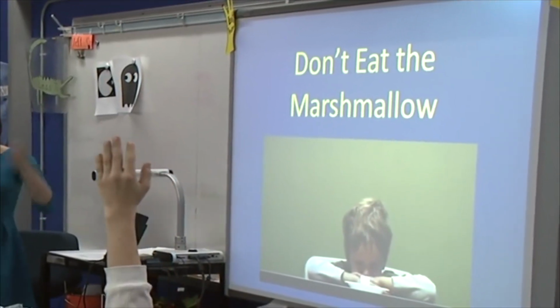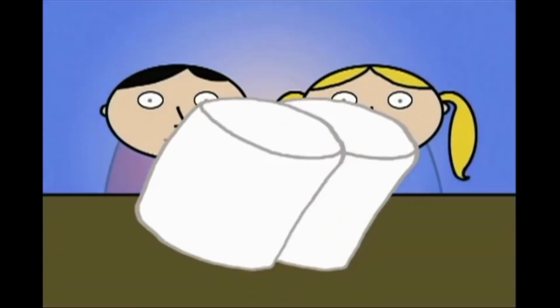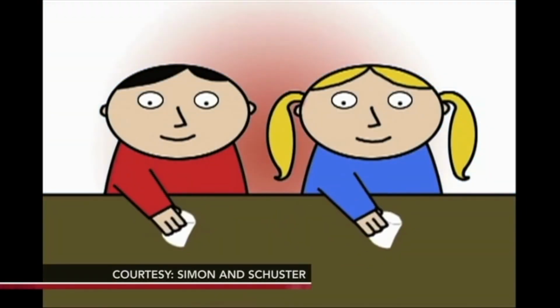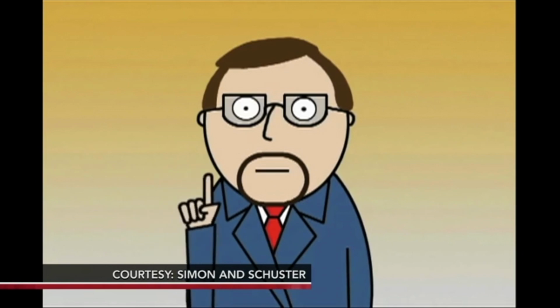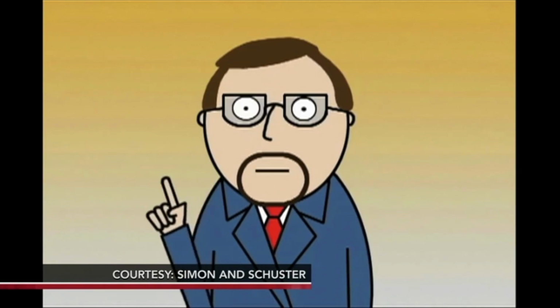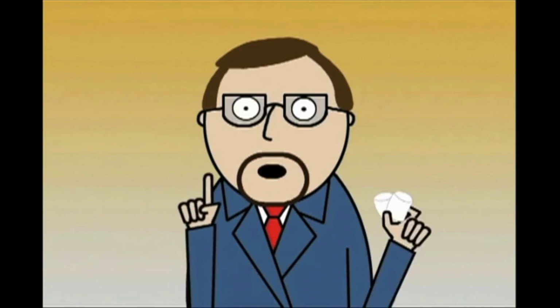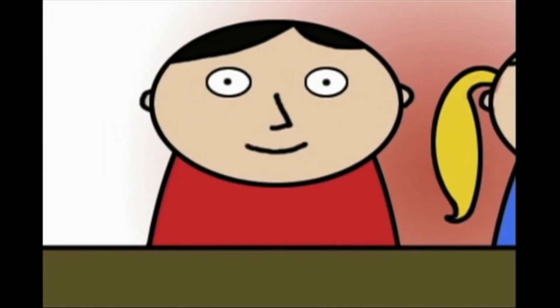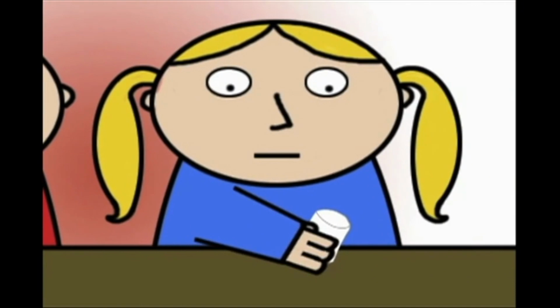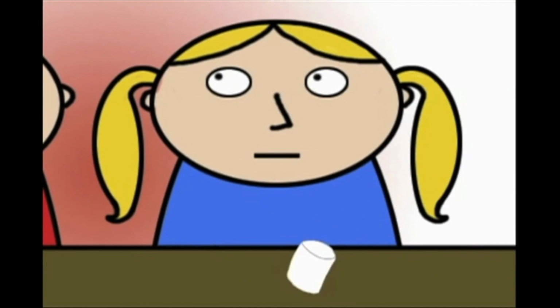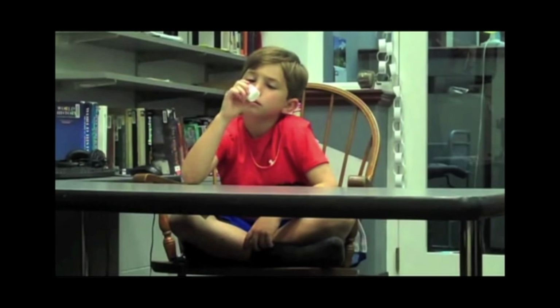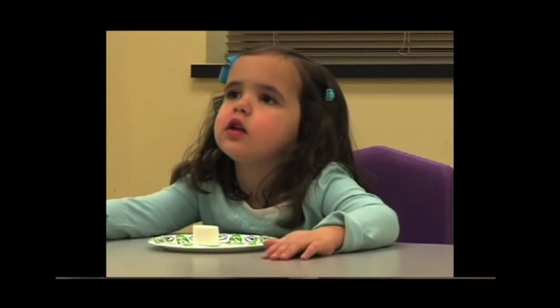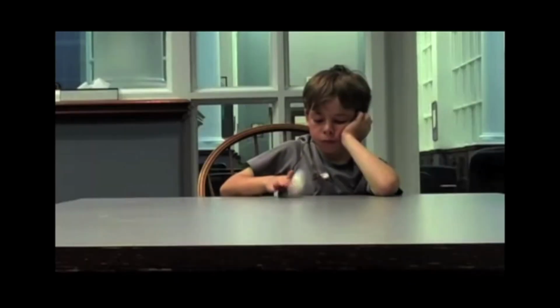This is among the most famous experiments in the history of psychology, with implications for economics. A group of 4-year-olds were given one marshmallow and told that if they could wait to eat the marshmallow after being left alone with it for a while, then they would be given an extra marshmallow to eat. Most eat the marshmallow as soon as they are left alone with it, but some other children are able to resist temptation. About 1 in every 3 is able to hold off. And YouTube is replete with videos of kids struggling to not eat the marshmallow.